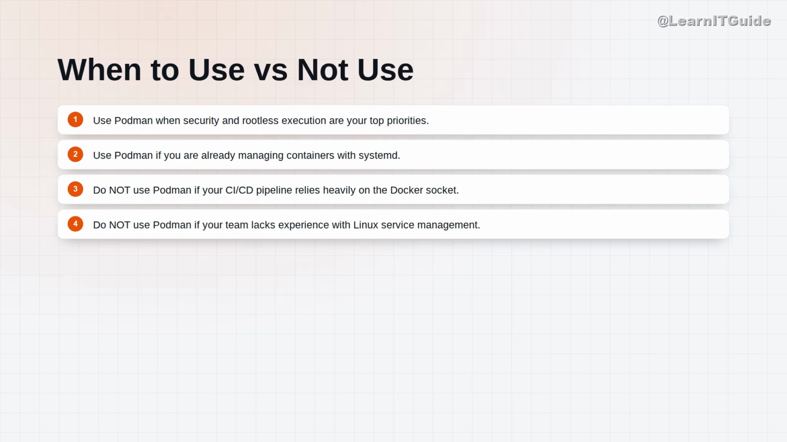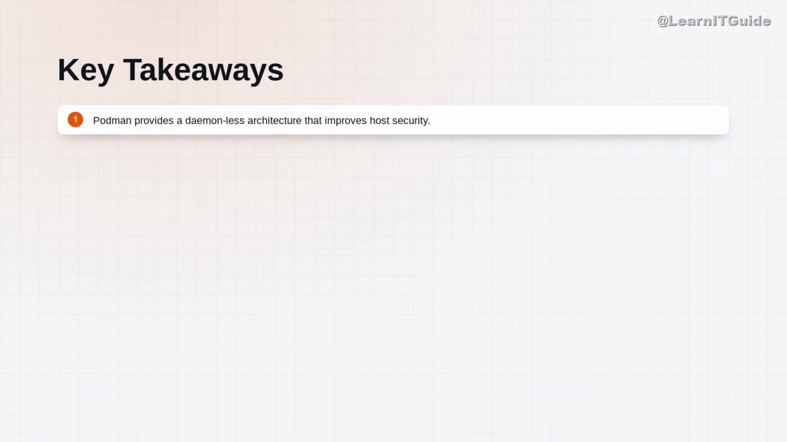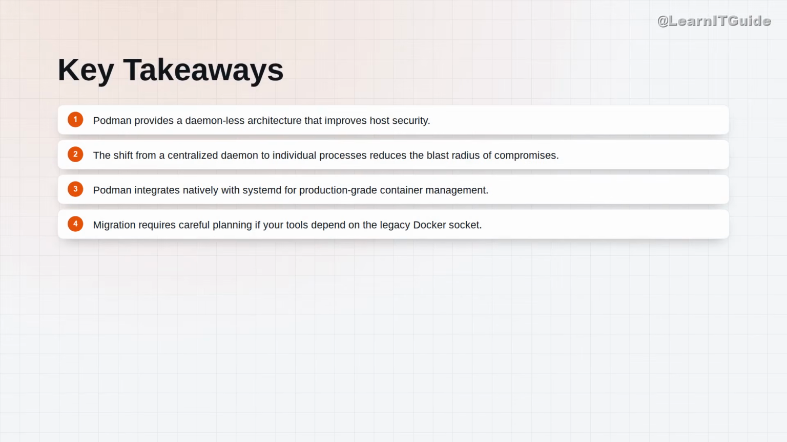simple Docker Compose workflow. To recap, Podman provides a daemon-less architecture that significantly improves host security. The shift from a centralized daemon to individual processes reduces the blast radius of any potential compromise. Podman also integrates natively with systemd, which makes it perfect for production-grade container management. Finally, remember that migration requires careful planning if your existing tools depend on the legacy